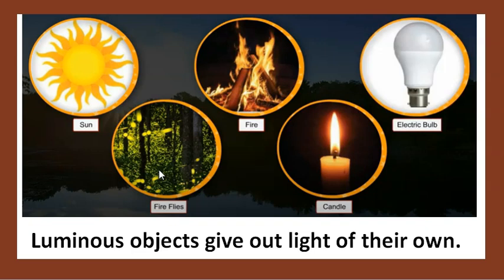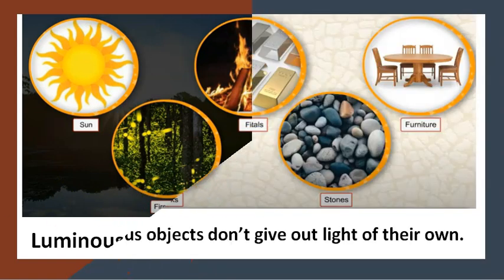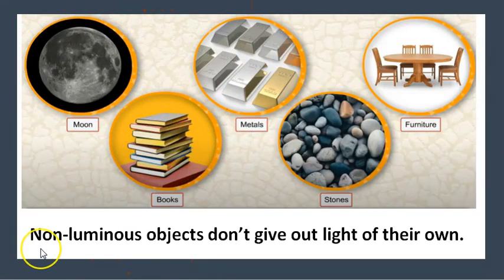Now you are a science student, you must know the science language as well, okay? All objects that give off their own light are called luminous objects, okay? And these are the examples of luminous objects. And what are non-luminous objects? Obviously it's the opposite of luminous objects, that don't give out their own light. They are called